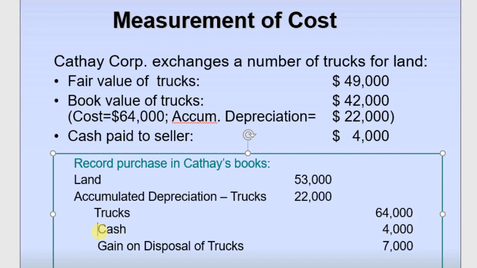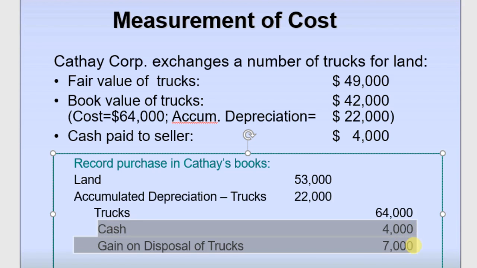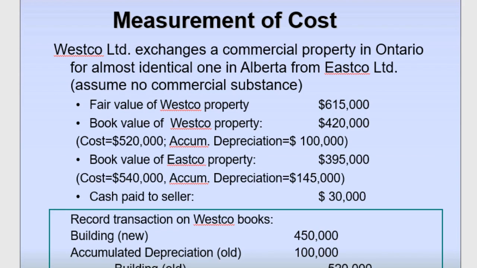Now we paid 4,000 and we gained 7. This journal entry now balances, and as you can see, all of these numbers were relatively easy to calculate. If you calculate your numbers first, it's easy to build the journal entry. What about